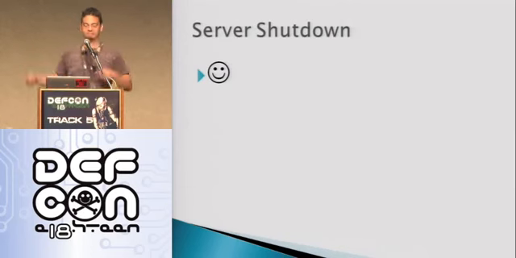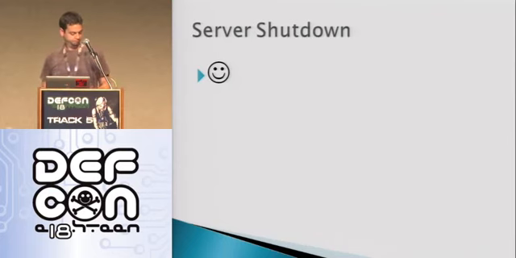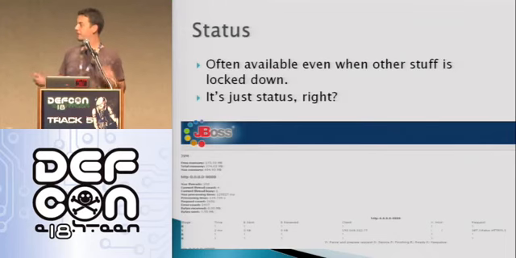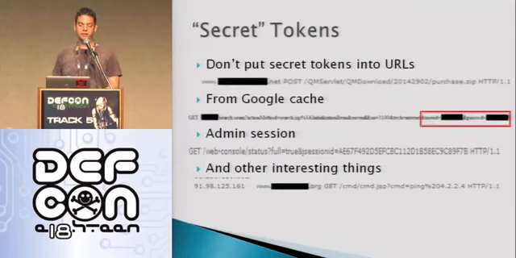It's fun, and I like to think of Google crawling people's unprotected JMX consoles and finding server shutdown. Some other stuff that's not deploying code: what you'll find a lot of the time is people will lock down their web console, their JMX console, their RMI, whatever, and they'll leave this status servlet available. Which is fine because it's just status, right? You can't do anything with it. Well, that depends, right?